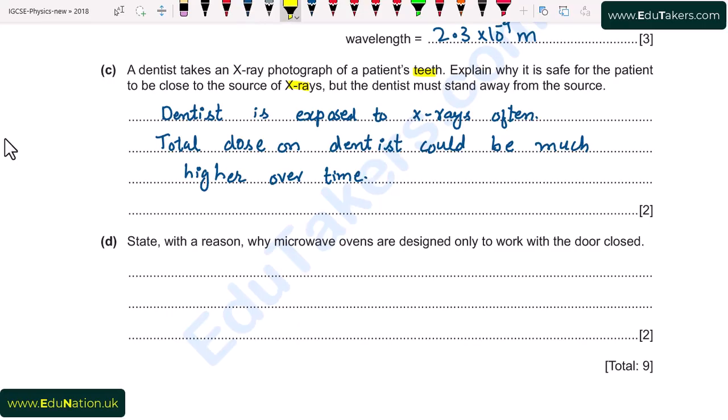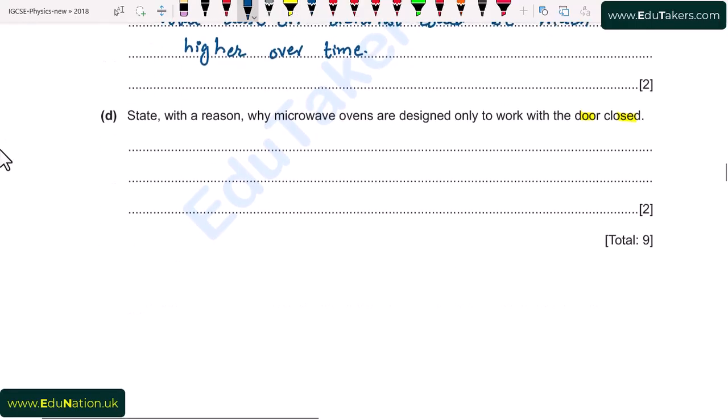Part D. State with reason why microwave ovens are designed only to work with the door closed. Because microwaves are harmful to humans and they could easily pass through the open door of the microwave oven, so the microwave ovens are designed only to work with the door closed. I write here microwaves are harmful to humans